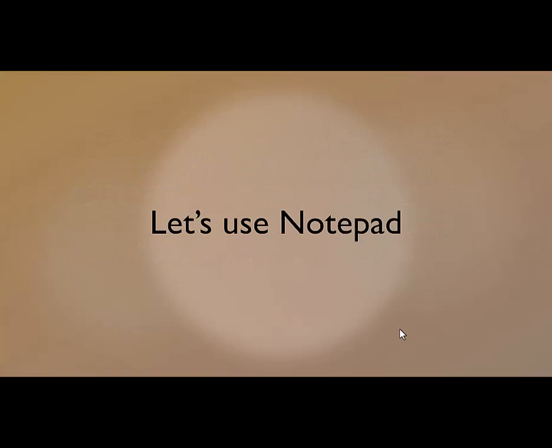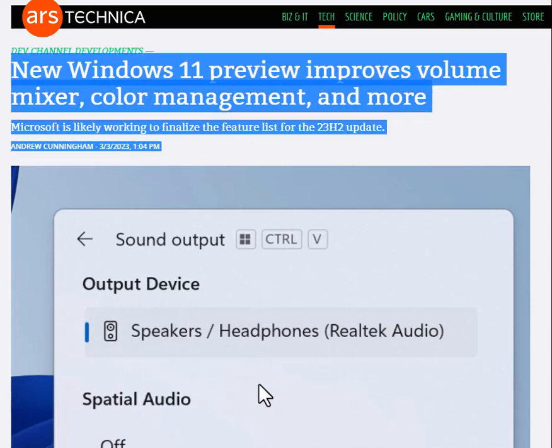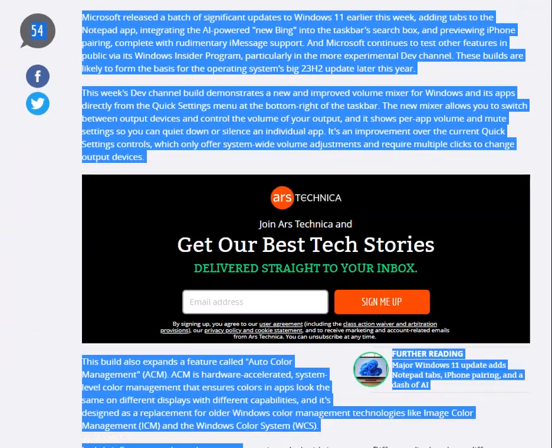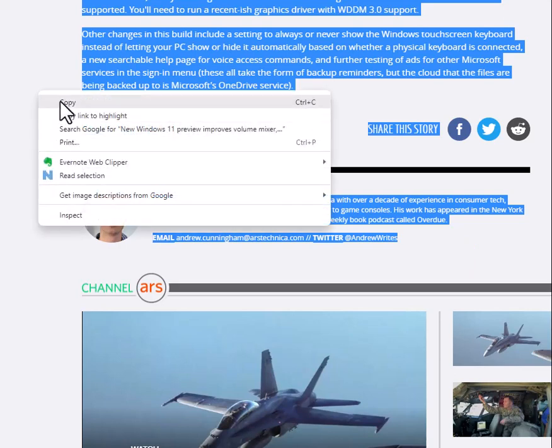So let's use Notepad. I have a website that I wish to copy some of the information from, but I don't need a lot of the extras. I don't need the links and so on. So let's just highlight what I want to grab, and we'll come down to right here, and I'm going to then copy it,